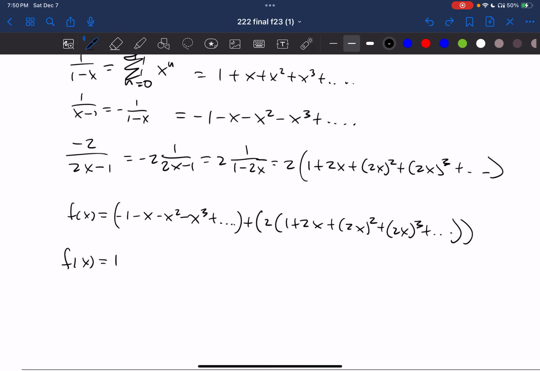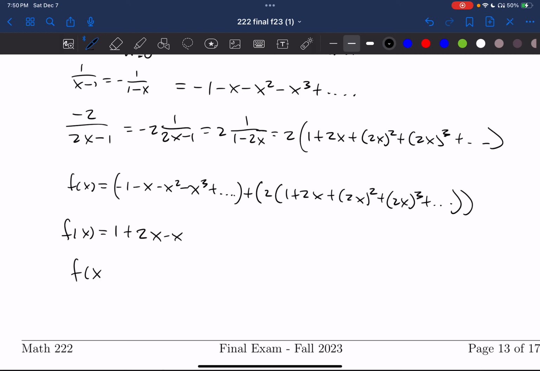This is kind of hard to think about, it's kind of weird to be honest. This will be a plus 2x minus x, which we can write f of x will be equal to 1 plus 2 minus 1 x, yeah, that looks right, plus,